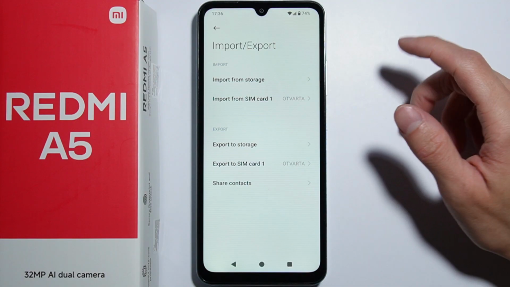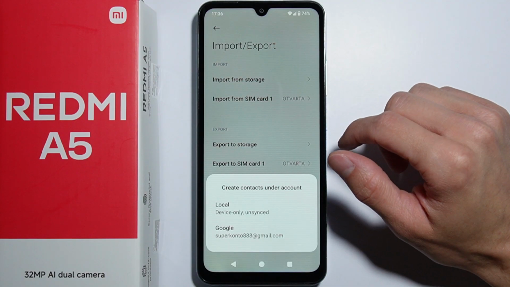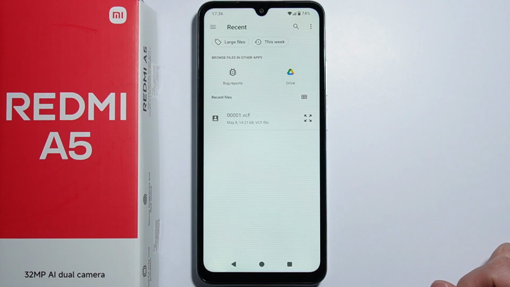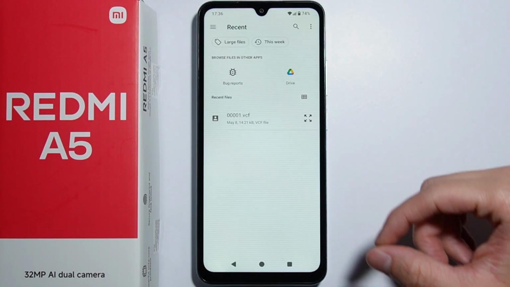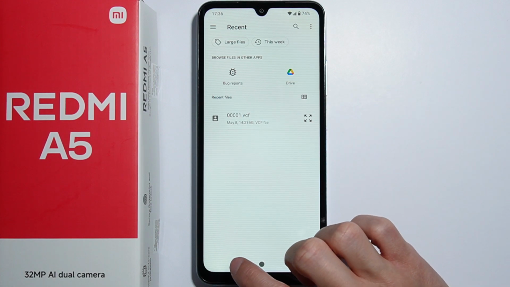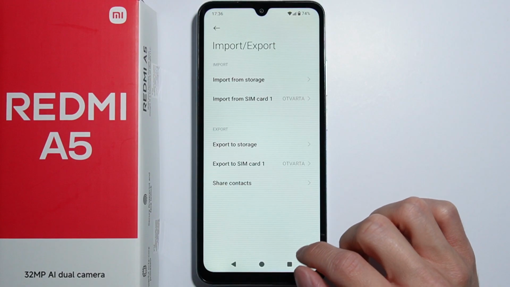So to import from storage, let's select this one, select the account from here, the local one, and here you import from storage using this file. And I will just show you right now in a moment how to create such a file simply by exporting